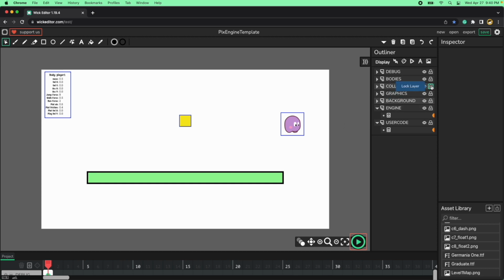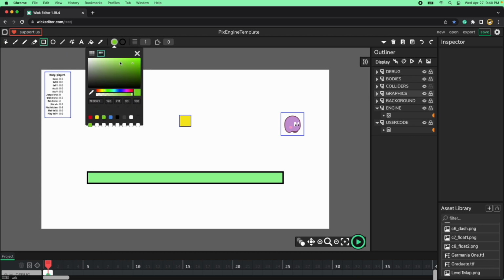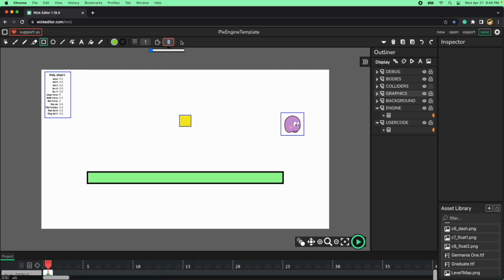Let me put a lock layer here for the collider, so I cannot mess with it, and within graphics we can create, I don't know, a grassy block. Put like 5 in here,